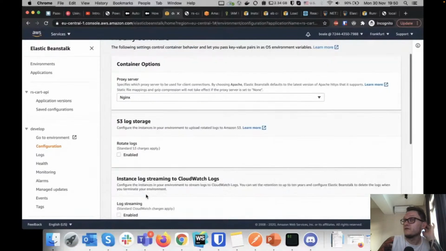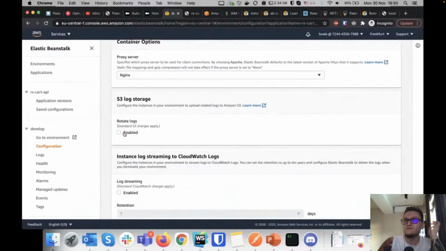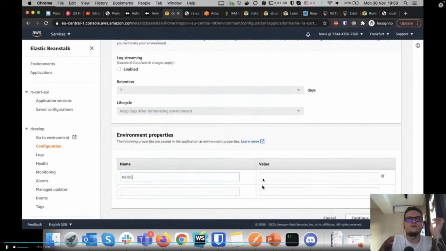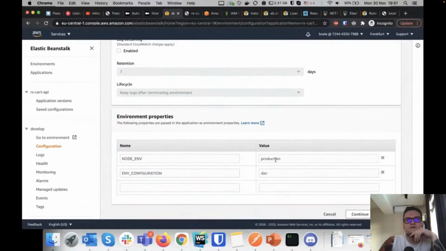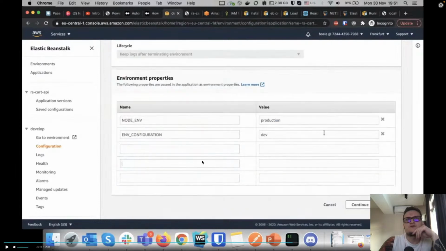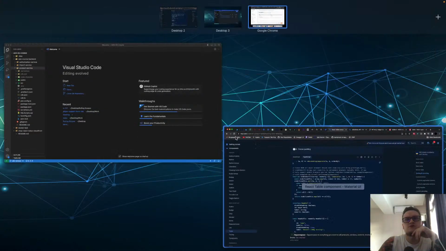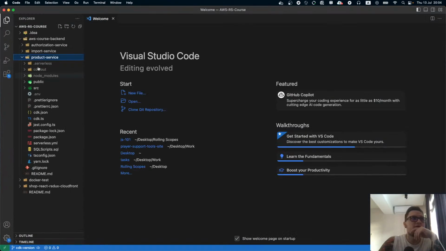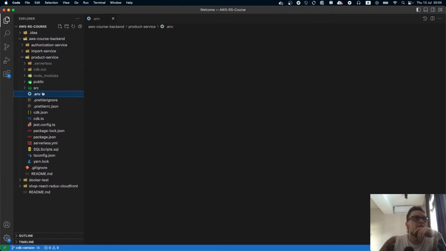Here you will have to place all your environment variables to let your application work. I don't think we have environment variables in our homework, but just to let you know, you will have to make them here. Node env, database host, database users, all the stuff you used in environment variables. I think we use them in product service.